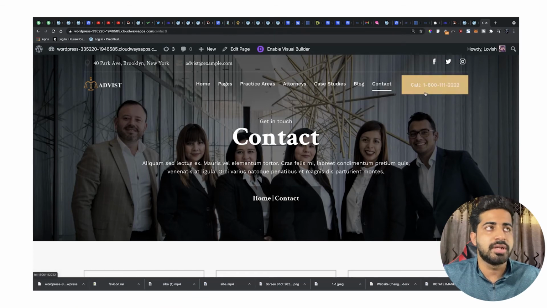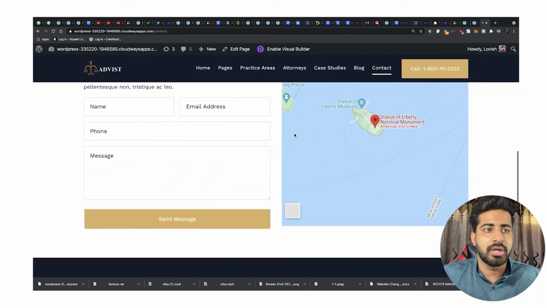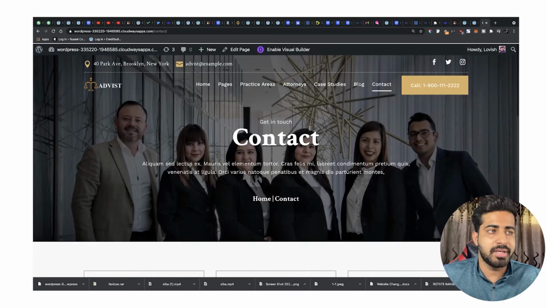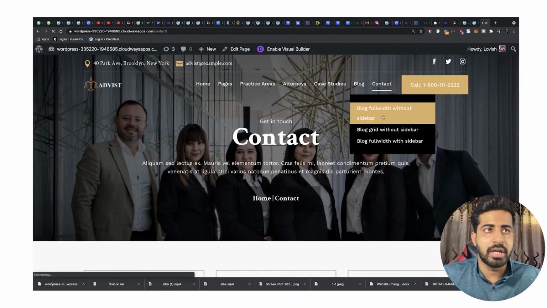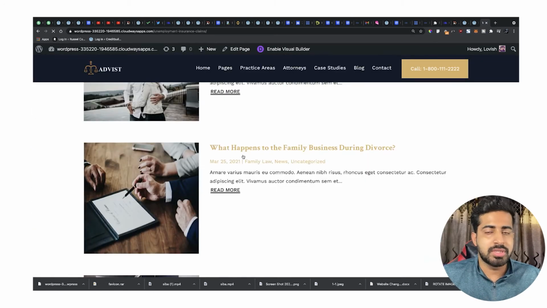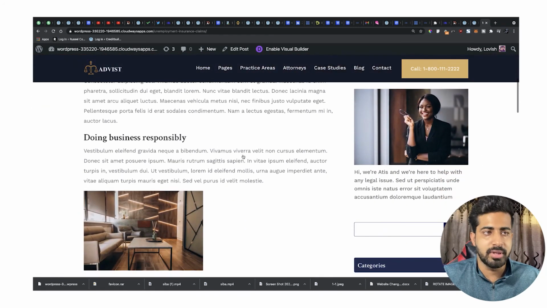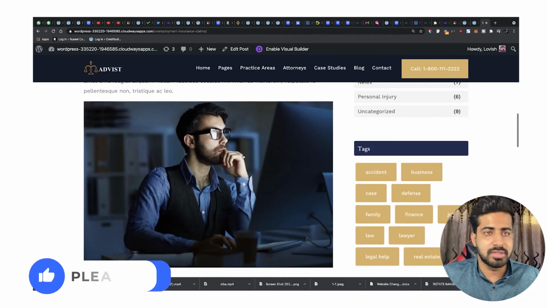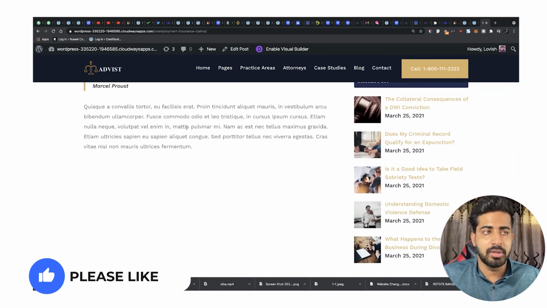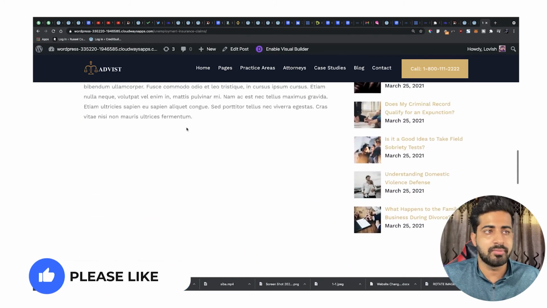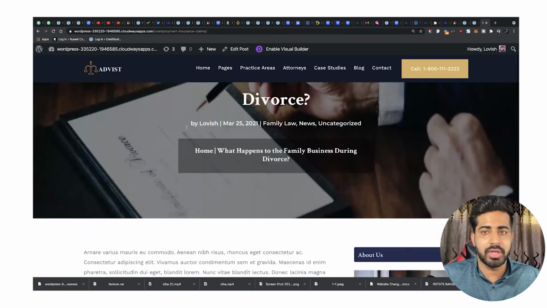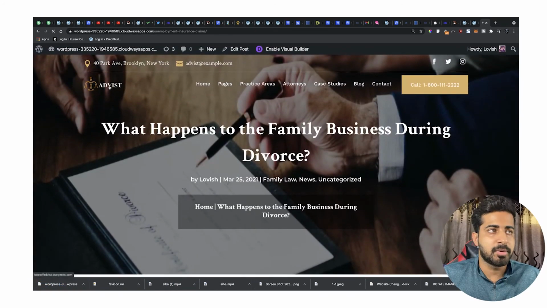Now as you can see, it says contact, so there is no index.php, and everything is imported and looks perfect to me. Now let's check the blog page. Also, this is the first time that we have imported the Divi child theme, so make sure to give some time to load all the images and everything. Once this is done, the website will be normal, and you can visit it without any hassle. Yeah, everything is perfect to me.